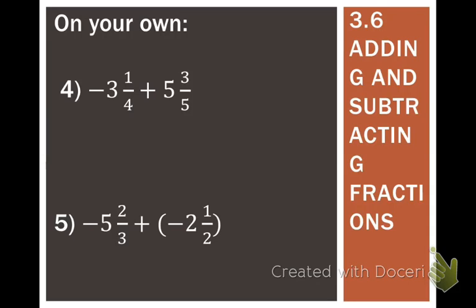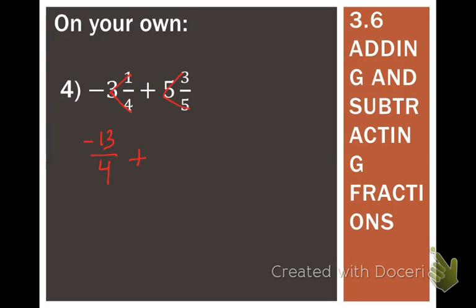Okay, now that you've had a chance to do those, I'm going to go through those a little quickly here. So this is 4 times 3 is 12, plus 1 is 13, plus 25, 28. Okay, the common denominator here is 20, times this by 5, times that by 5, times this by 4, this by 4. Okay, 13 times 5, that's going to be negative 65/20ths, plus 28 times 4. It's going to be